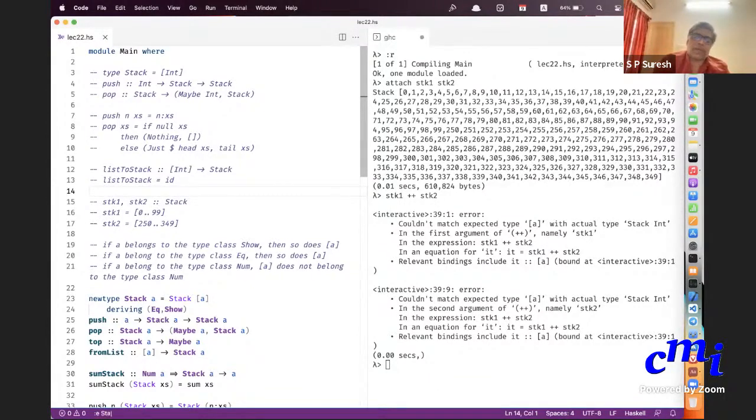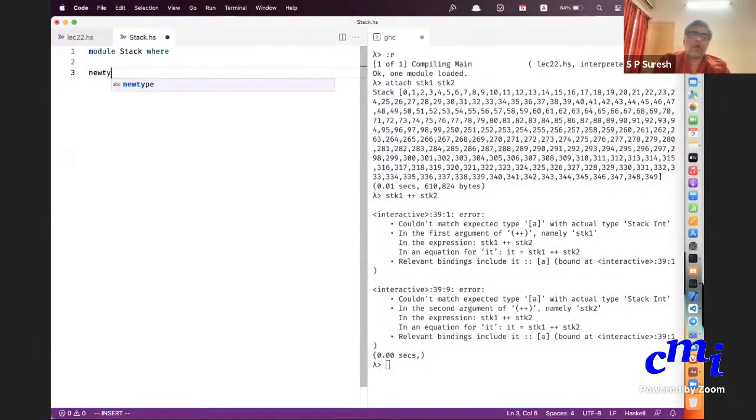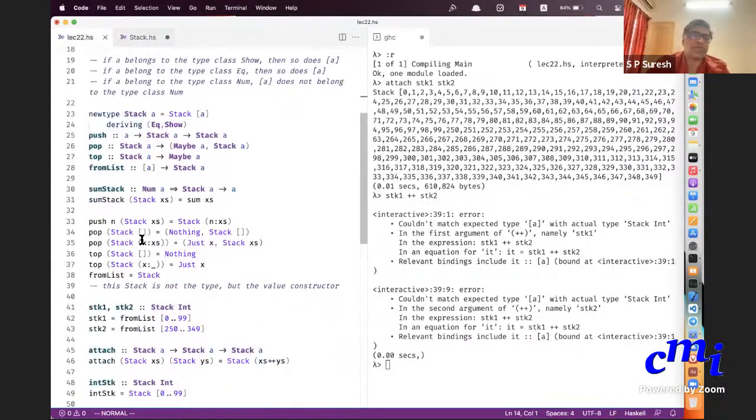Now, Stack.hs. All that code I can write here. Instead of writing it, let me just copy paste from that.